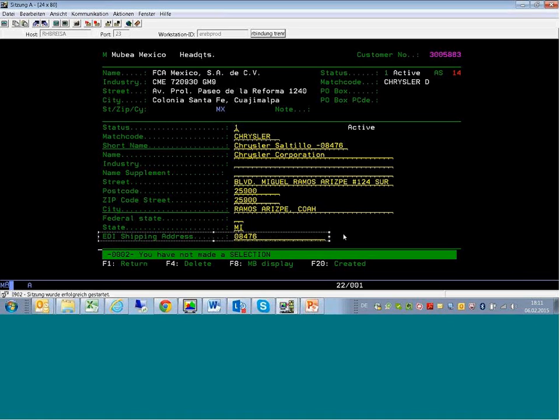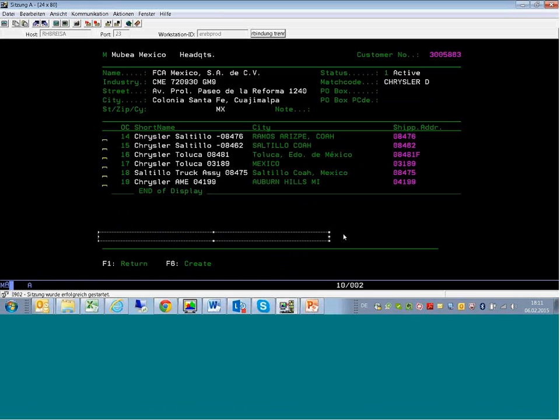If it's not set up in this address, you might have problems with your ASN. Okay, what is this in a shipping address? If you can see, if I go back with F1,